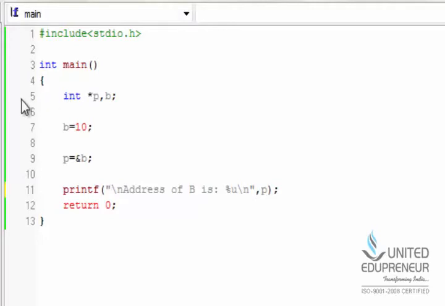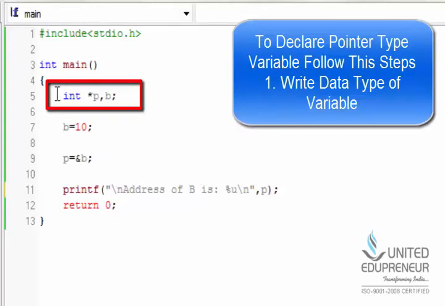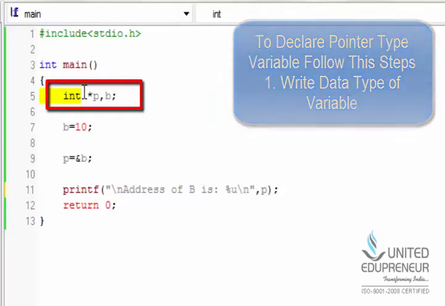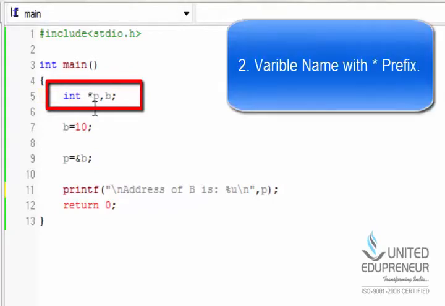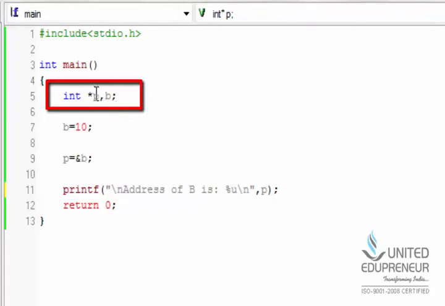To declare a pointer type variable of integer, first write int, which is the integer data type, then a space and the variable name, which is here p, and to make that variable a pointer type, prefix a star or asterisk sign before that variable. This is the declaration of a pointer type variable.